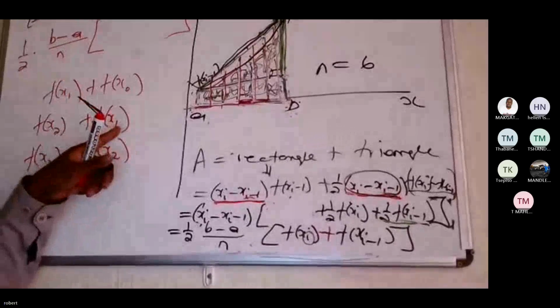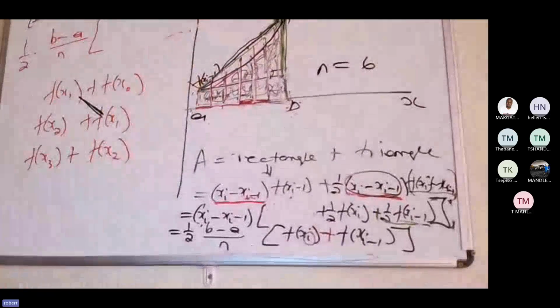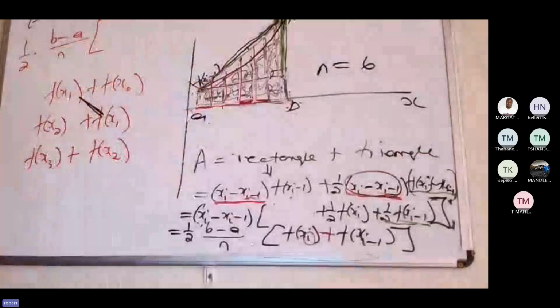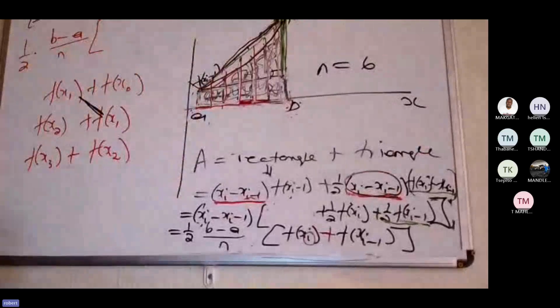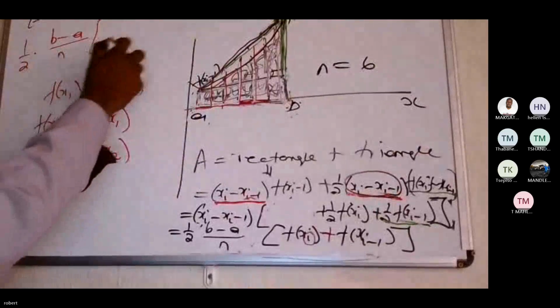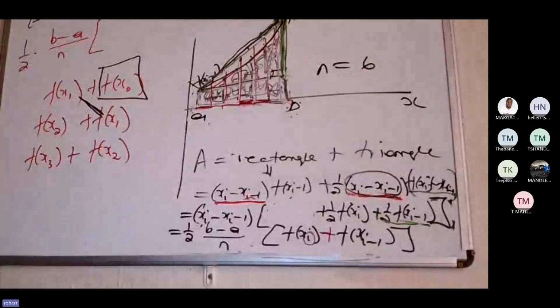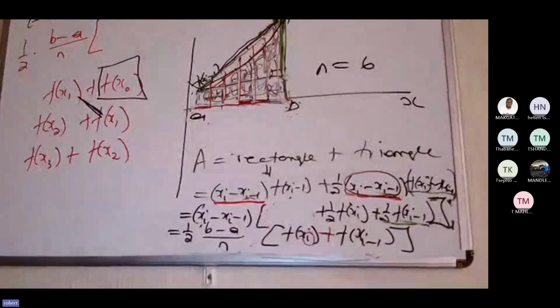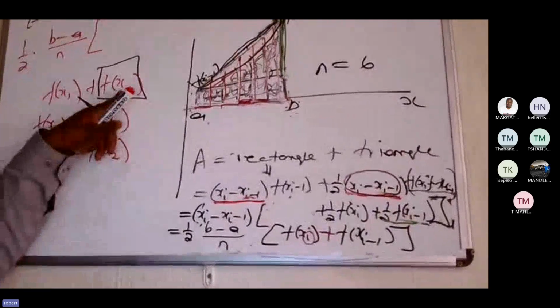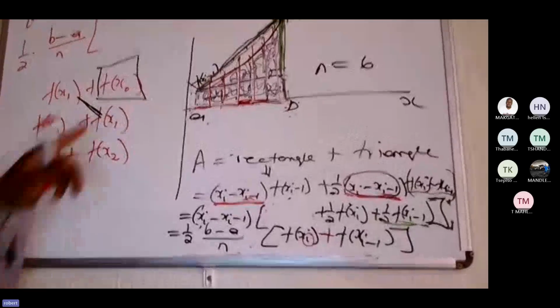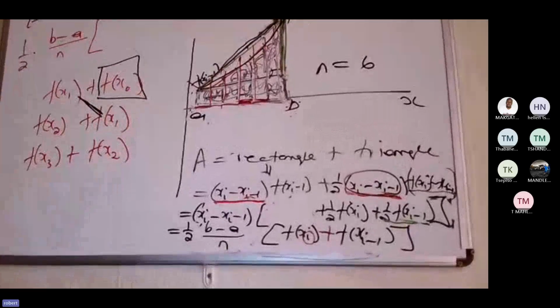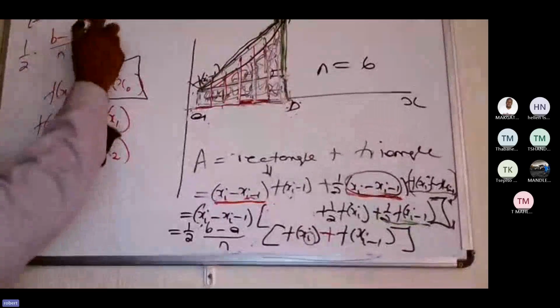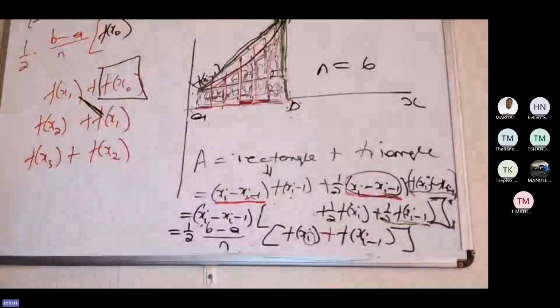So therefore, the formula now becomes this one, because you can't have another f of x0. It will be the only f of x0. Therefore, it will be f of x0